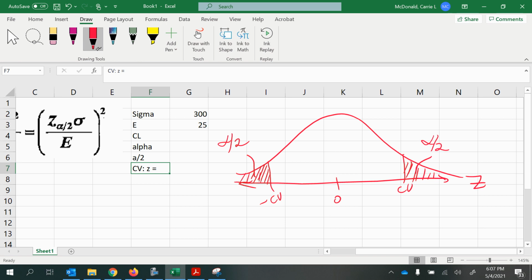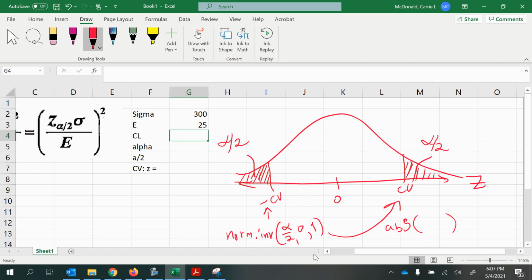So we're going to use the area, we'll get this one by doing NORM.INV on alpha half, the mean of 0 and a standard deviation of 1. And then we'll make it positive by, I like to use the absolute value function around the NORM.INV,